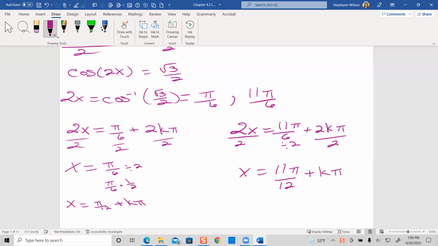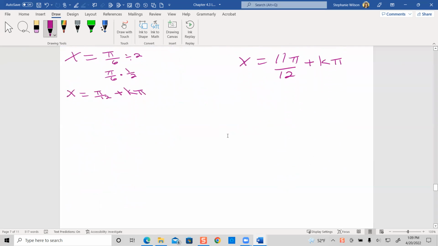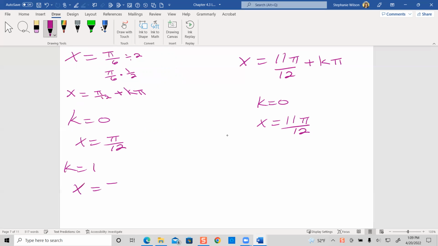Now that I know this, we got our equations. And we just plug in for k. So if I let k equal 0, then I know I get pi 12s. If I let k equal 0 here, I know that I get 11 pi 12s. If I plug in k equals 1, then I get x is equal to pi 12s plus pi,